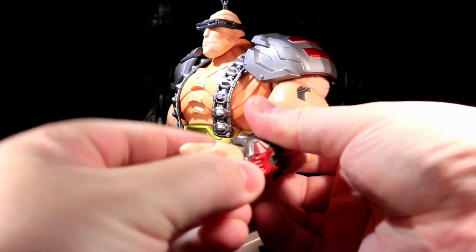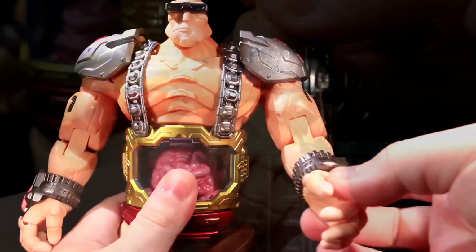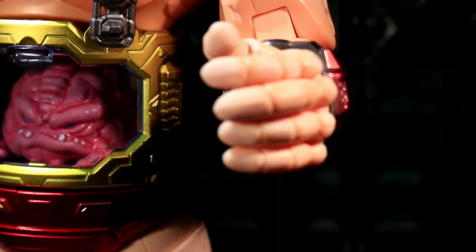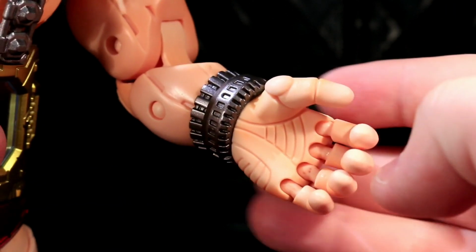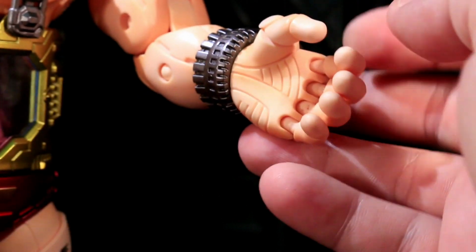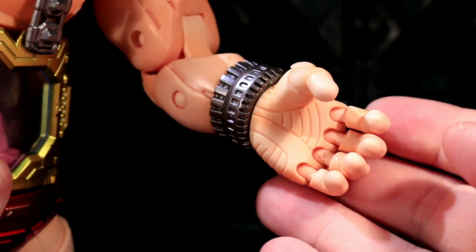Due to the fact that these connect via ball joints, the hands can swivel left and right, and they have a bit of play, but not enough that I'd call it a whole extra axis of motion. The hands themselves, the fingers on these hands, are weird, and for me, kind of disappointing. When I saw photos of this guy, I assumed that these were all hinged posable fingers. As it turns out, all 5 fingers, the thumb as well, are all just a single flexible piece connected via a ball joint,